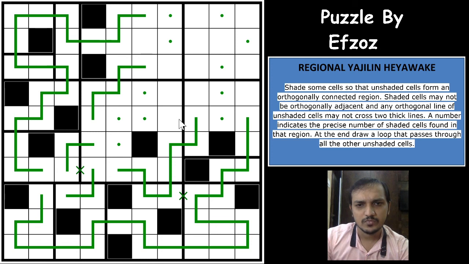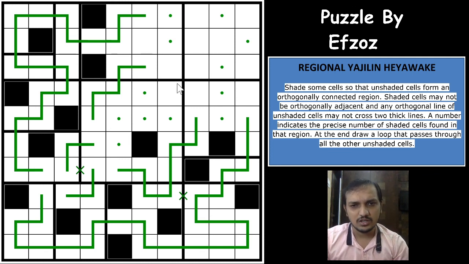Okay, if you shade these two cells, again an odd number of loop segments coming in. Superb. So this cell cannot be shaded. If you shade these two cells, again an odd number of loop segments. So both of these have to go up, or this will get standard, and if one of these cells comes inside, again an odd number of loop segments. Excellent. So a very difficult logic here.